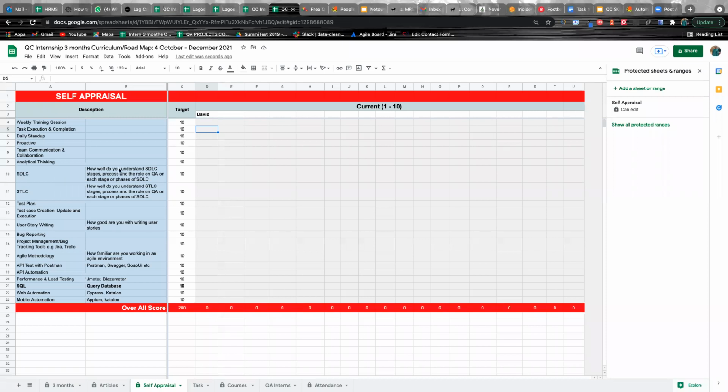How well do you understand software development life cycles and stages? Please, this SDLC, we all have to understand what it means, because this makes us a tester. We all have to have an in-depth understanding of what this means.